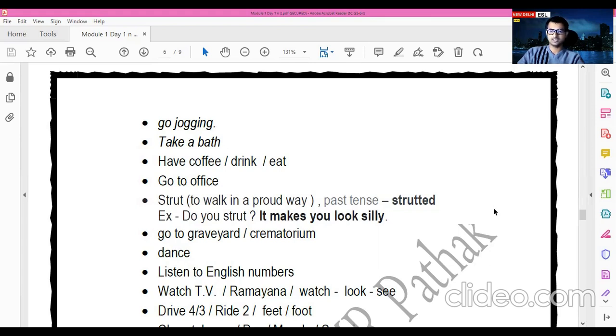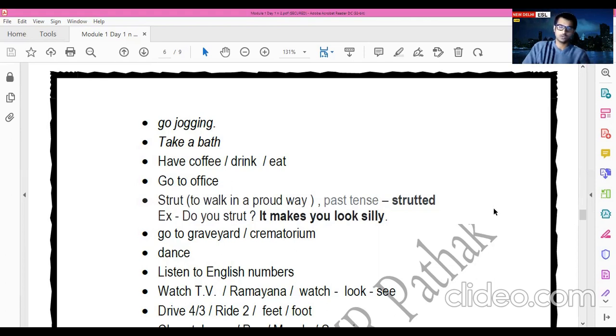So normally, if you're seeing something while going to market, you can say, yeah, I saw someone. So that's normal. Look means looking for a short period of time, and watch is when you are actually enjoying it, having interest in it, carefully, for some time. Okay, so this is how you can say watch, see, and look.